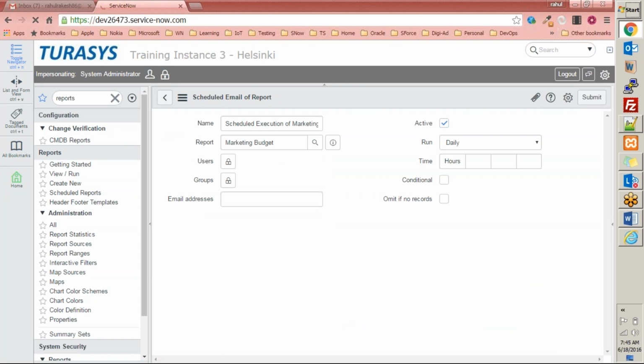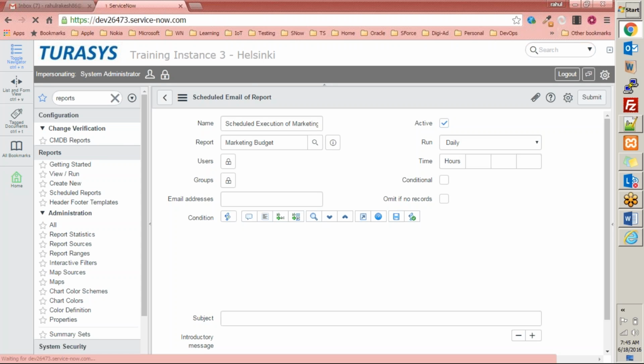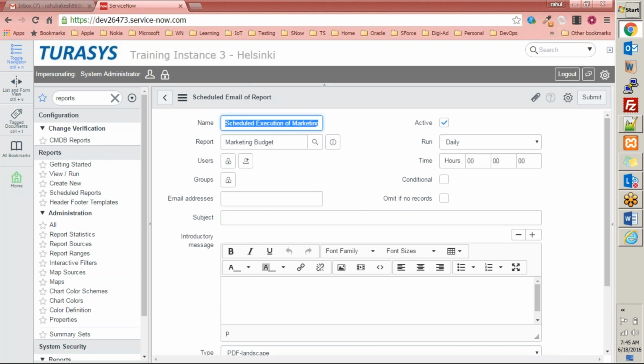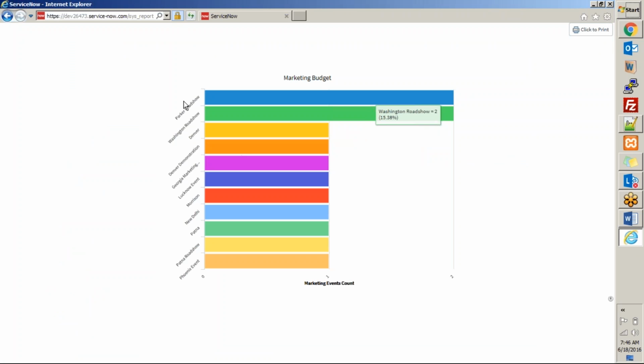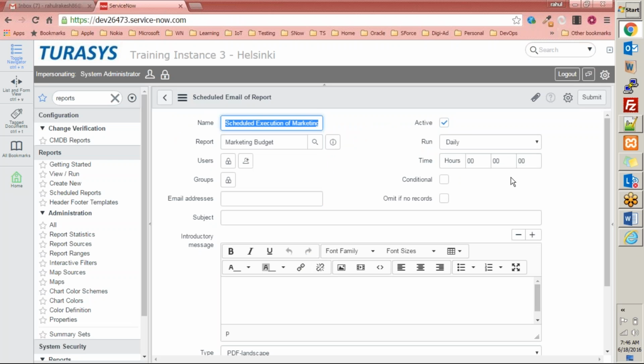Schedule is to create a recurring event for the report that you just created. If you want to distribute this report to a group of persons or a single person, you can create a schedule of email of that report. So that report that you have just created, number one, can be displayed using this published URL. Number two, you can identify people to whom you can send this report as an email, right? For example,